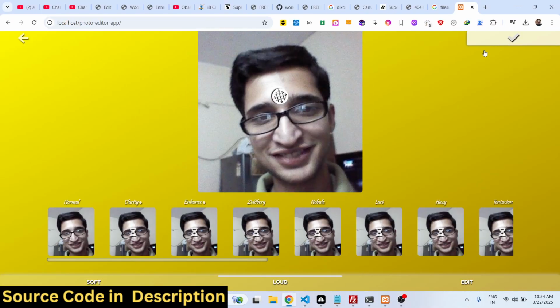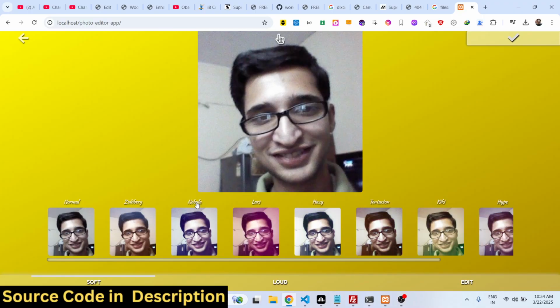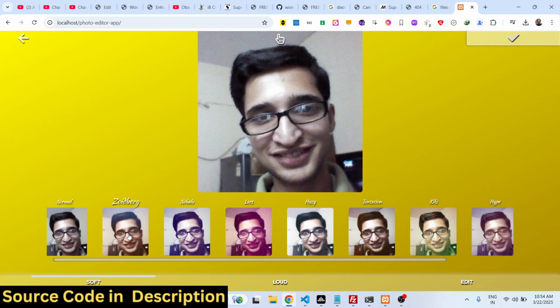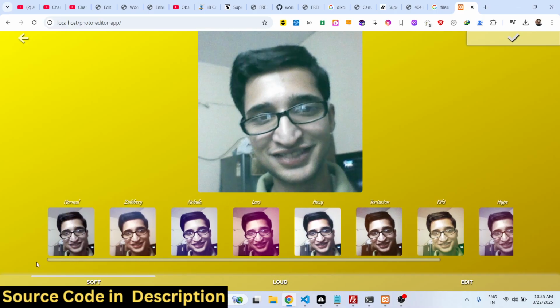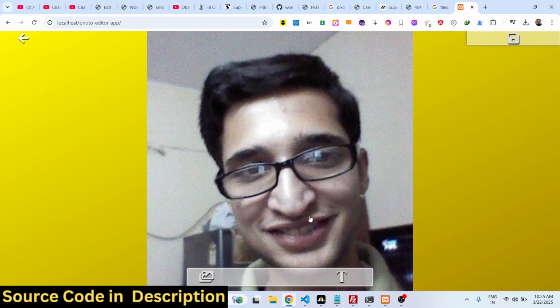The image will be cropped, and now we have a set of filters that we can apply to the image. Each filter will apply a different set of editing to the image. You can see that. Here from the drop down you can select any filter. If you don't want to apply any filter, you can simply continue, and after that here comes the best